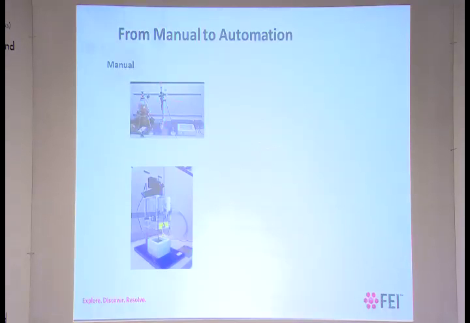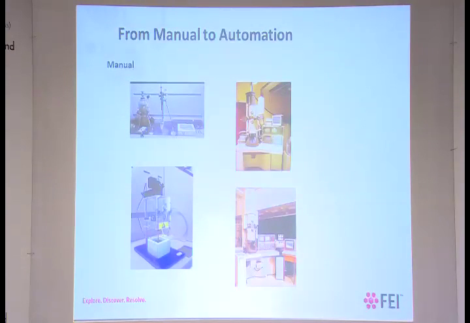devices, kind of a freeze plunger. I'm sure you've all seen these kinds of devices. This is quite a manual device, so we would load the grid onto a pair of tweezers, put it on here and freeze it in this ethane slush, which is kept cool by liquid nitrogen. That would be in some device like this. We had some advancements, making a humidified chamber and some mechanism of automatic blotting, but this was still a very manual procedure. We would then take that grid and put it in one of these types of microscopes,